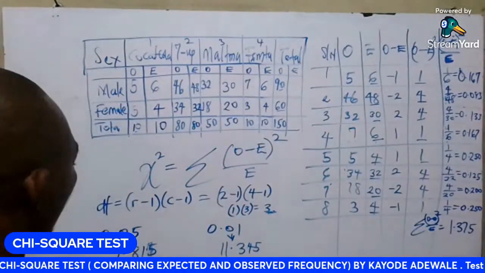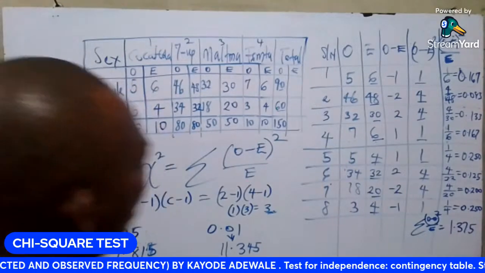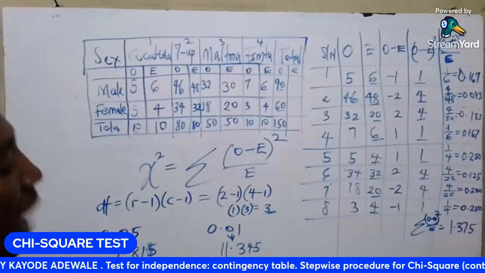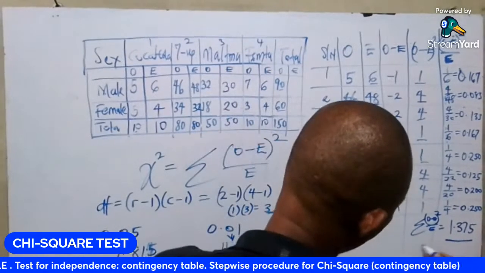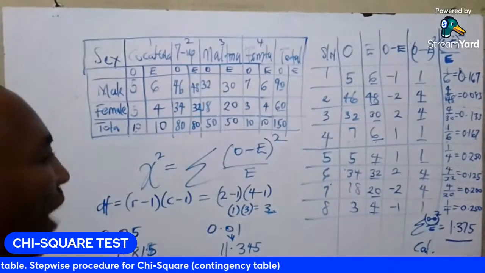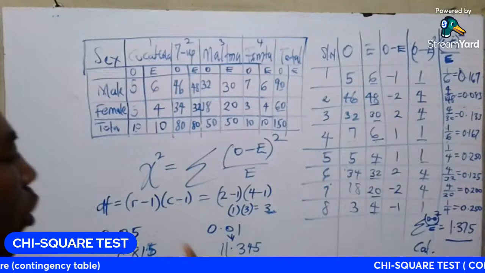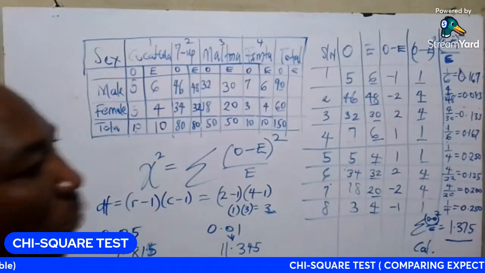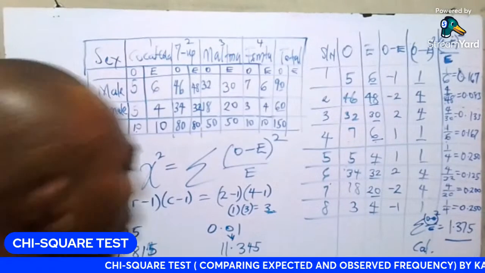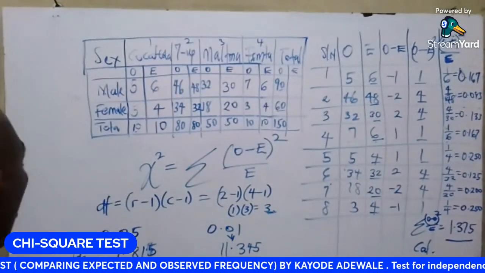So invariably, when you now compare the two figures together, the calculated value, you compare it with the table value, which you call critical value. Some textbooks call it critical value, some call it table value. I call it table value because we check it on the statistic table. So the table value is just